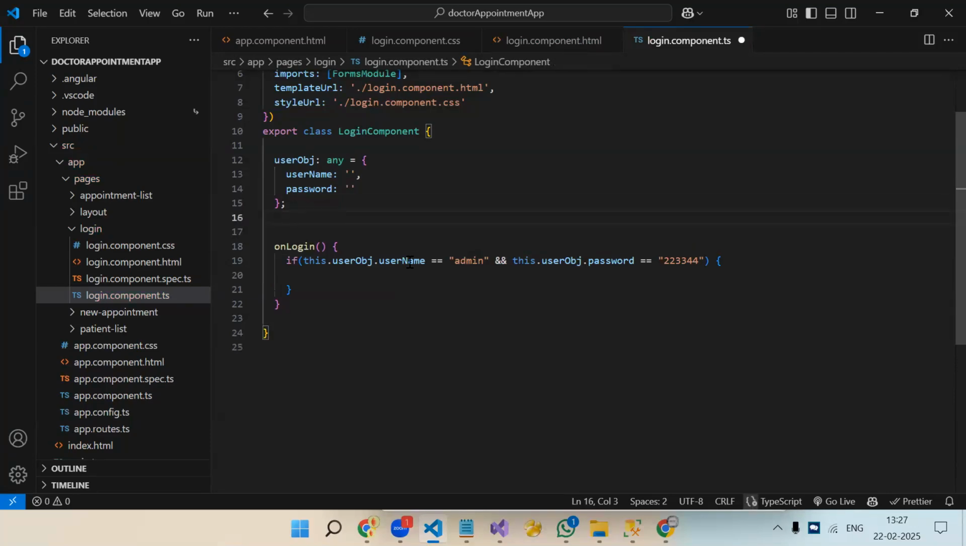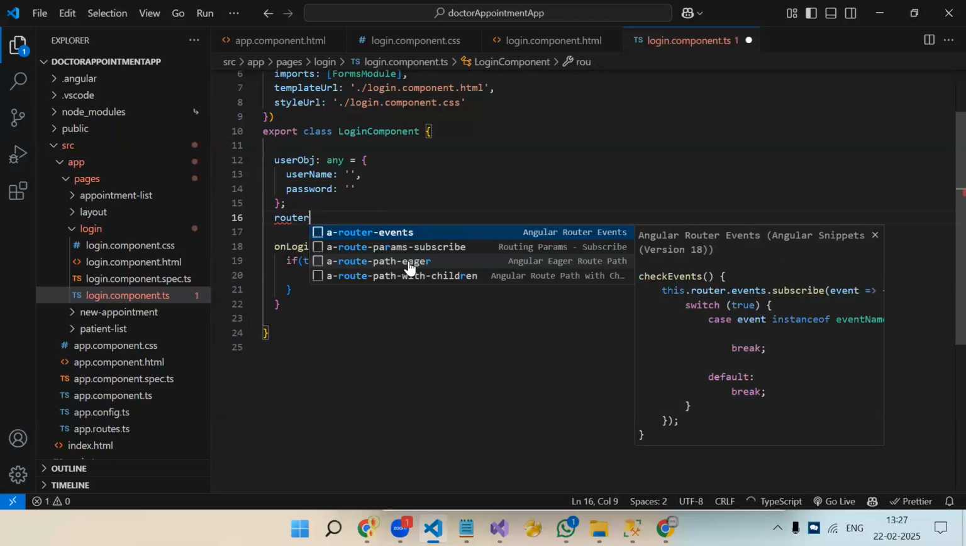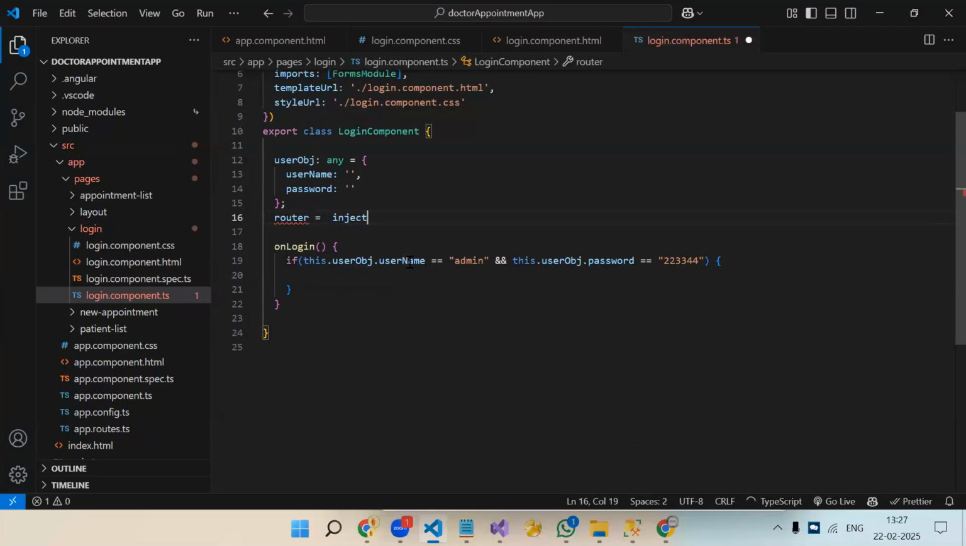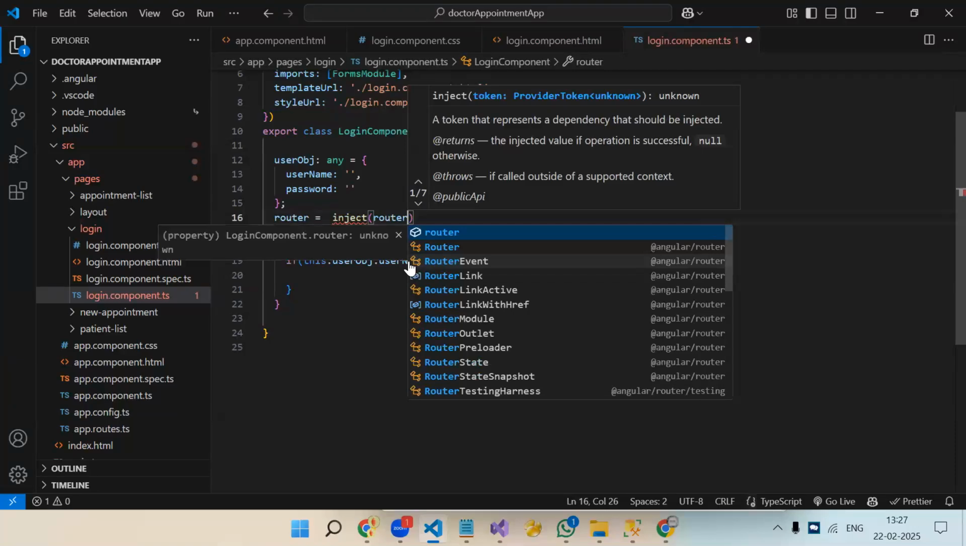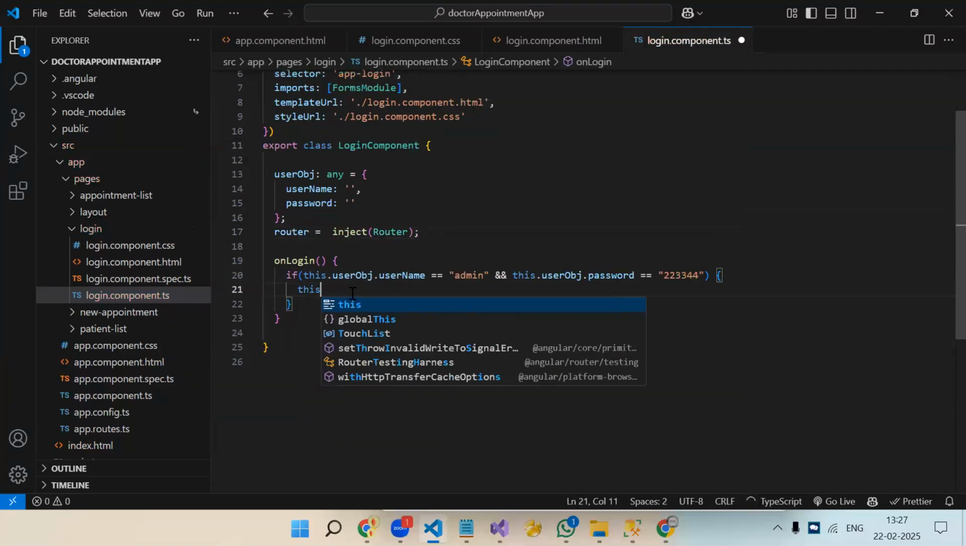For that we are going to need a router. So router object we are going to need. Router is equal to inject. What do we have to inject? Our router service. Then this dot router